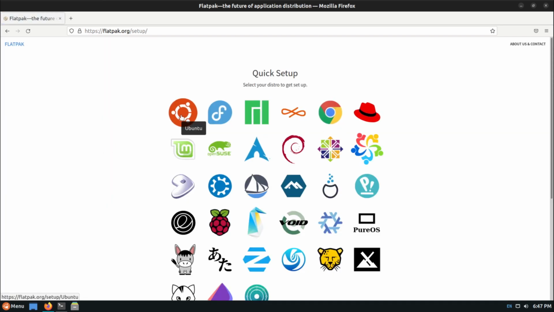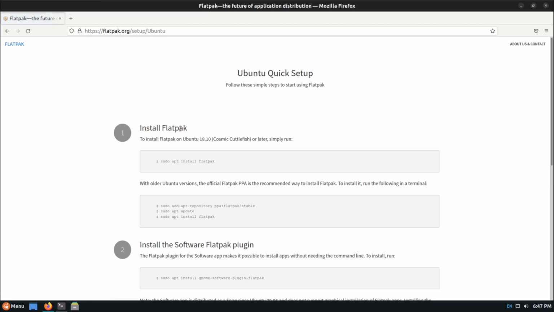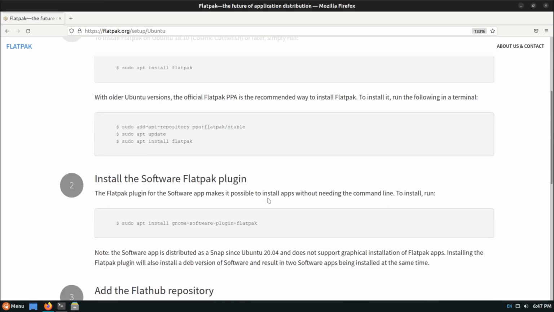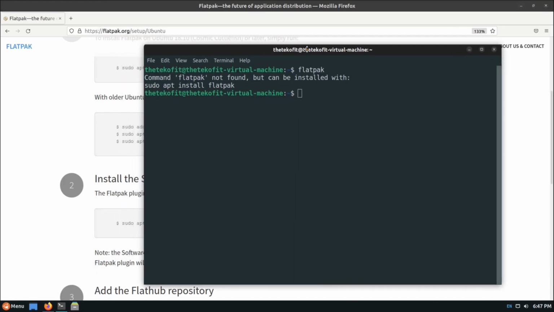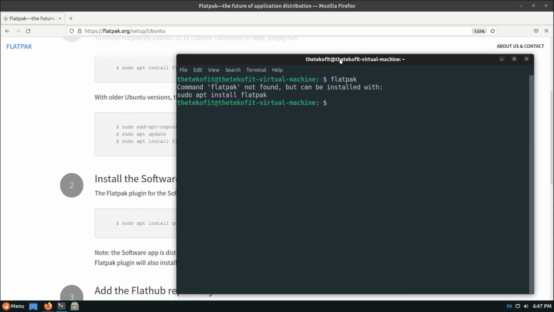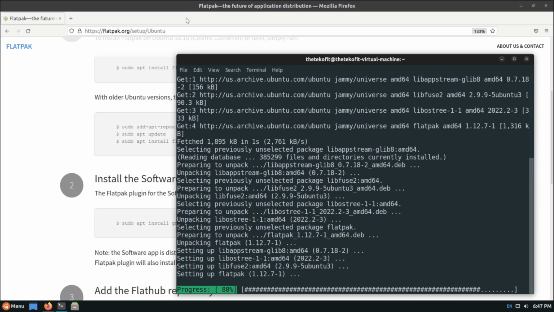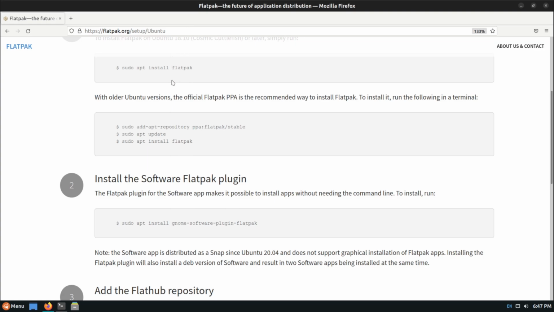So here's the Ubuntu symbol. So pretty much, let me zoom in a bit here. So pretty much it's the same command that we have in the terminal. So we'll go ahead and run that. Let's do this. Password. All right, I'll let that run. I'm going to finish reading these instructions off of FlatHub. So once this command completes,